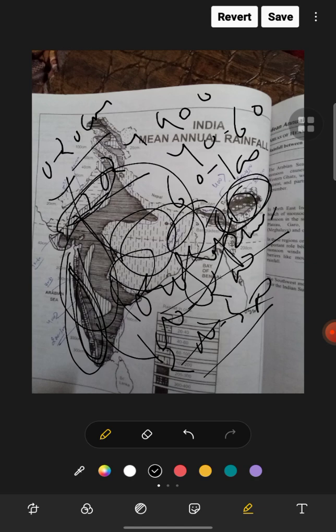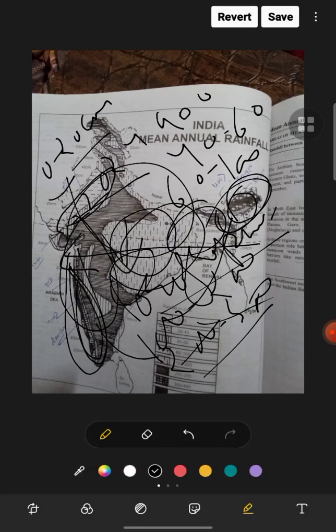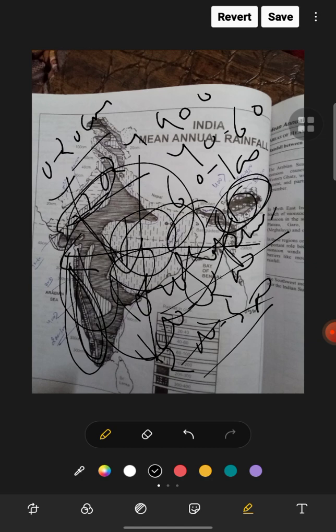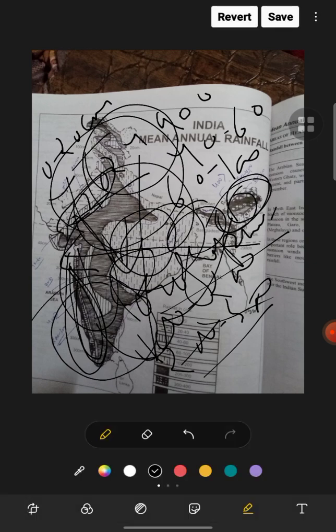The intensity of rainfall decreased from east to west. This is east to west, the decrement in the intensity, and from north to south. So north to south is also decrement. Okay, now we are discussing like decrement from east to west and north to south. Like northern area get more rainfall than the southern area. So north to south in the northern plain. It is only on the northern plain, not on whole India, because southern India gets more rainfall than the north India. So in the northern plain, that is like in decreasing order only.